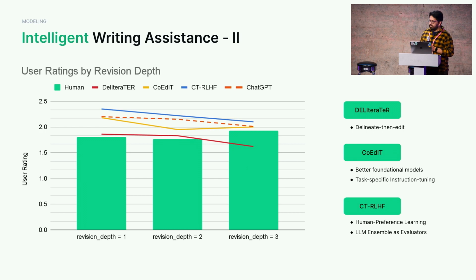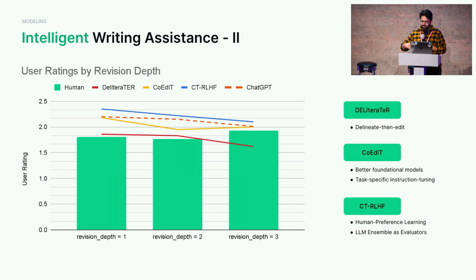Secondly, we also conducted qualitative human evaluations by asking qualified users to use our system for iterative text revision using different models at the back end. And they were asked to provide ratings on 0 to 3 for every revision depth for 50 documents. And as a baseline, we also asked them to rate the quality of revisions made by humans, which were basically our reference set. And we found that in terms of human evaluations, the ratings were in line with automated metrics, where